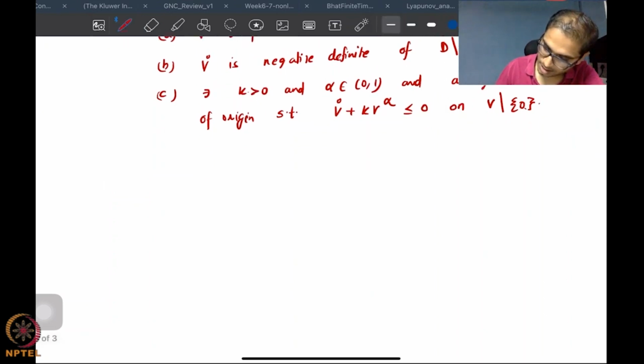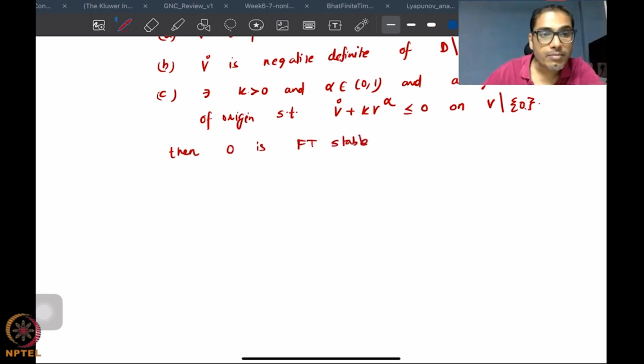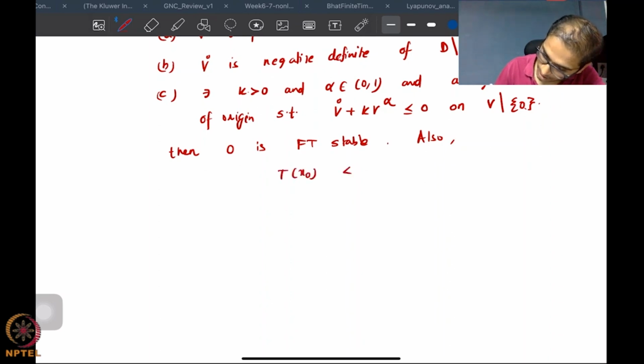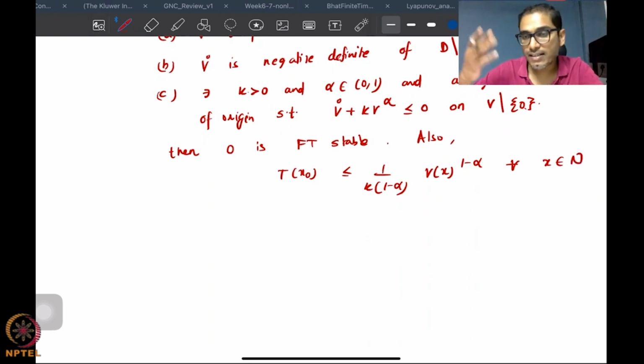then 0 is finite time stable. Also, you can actually find an upper bound on the settling time function, right, as T of x0 is less than or equal to 1 over k(1 minus alpha) times V of x to the power 1 minus alpha, for all x in N, where N is as defined in the finite time stability definition. Okay, now